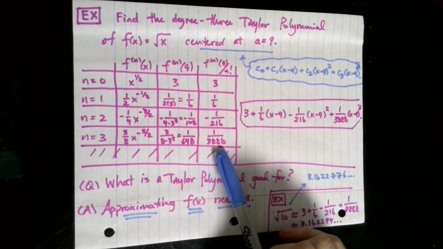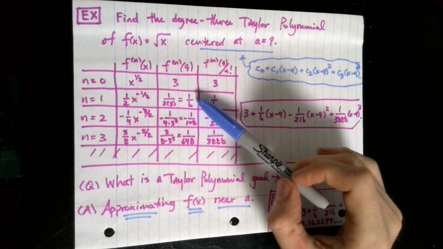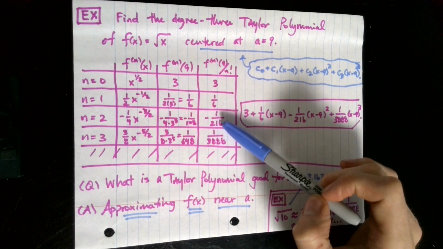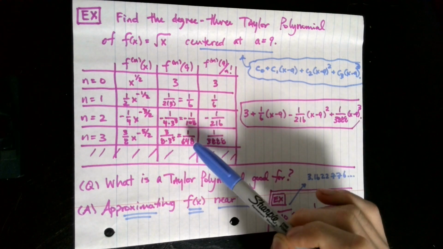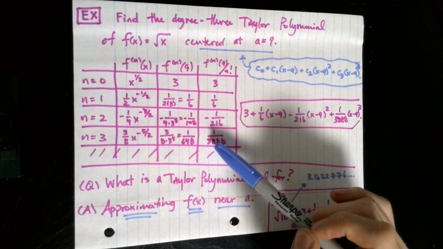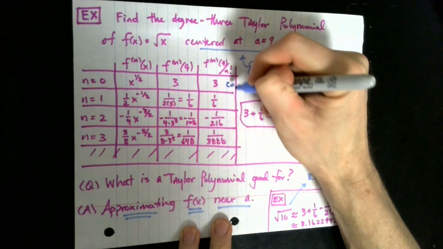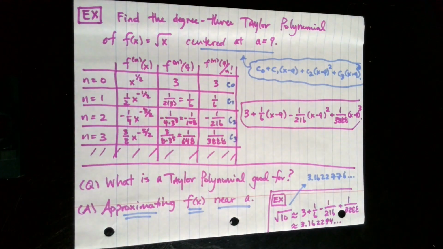You subsequently have to divide by n factorial. So in this case, we've divided by 0 factorial, which is 1. Next, we divide by 1 factorial, which is also 1. Here we divide by 2 factorial, which is 2. So note the denominator is twice the size it was, because division by 2 is like multiplication by 2 in the denominator. And this next guy is going to be divided by 3 factorial, which is 6, right? 3 times 2 times 1. So note the denominator is 6 times the size, because division by 6 is like multiplication by 6 in the denominator. But now, what pops out in this last column is the coefficient for each degree term that we need